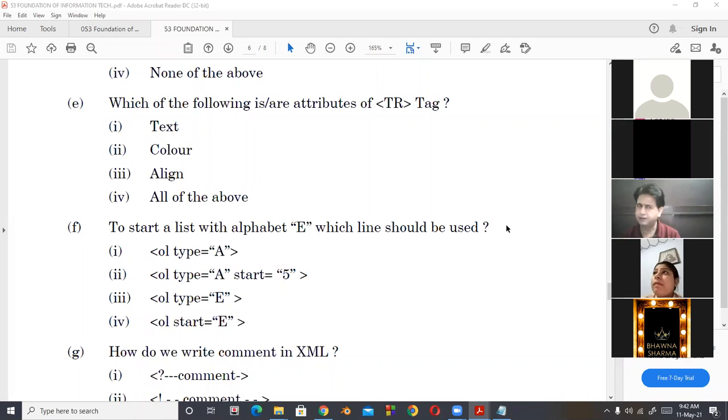Color is not here. Align is here. So answer is align. Next question, Anshika. Give the answer to start a list with alphabet E. Second option. OL type equals, start equal to 5. Very good.